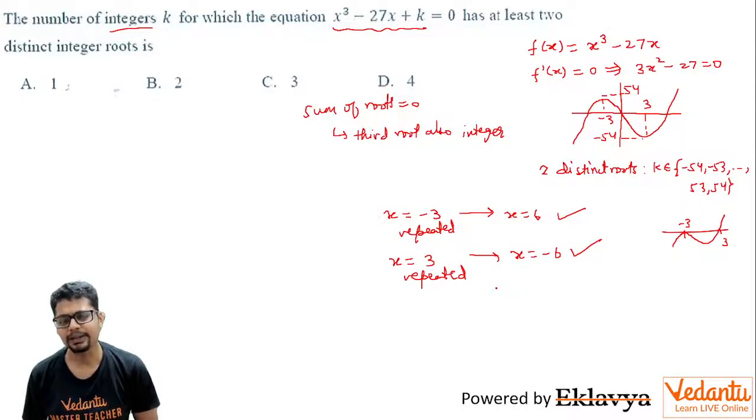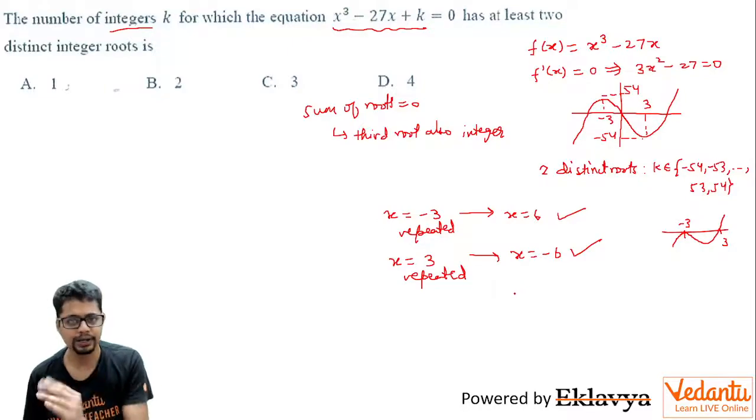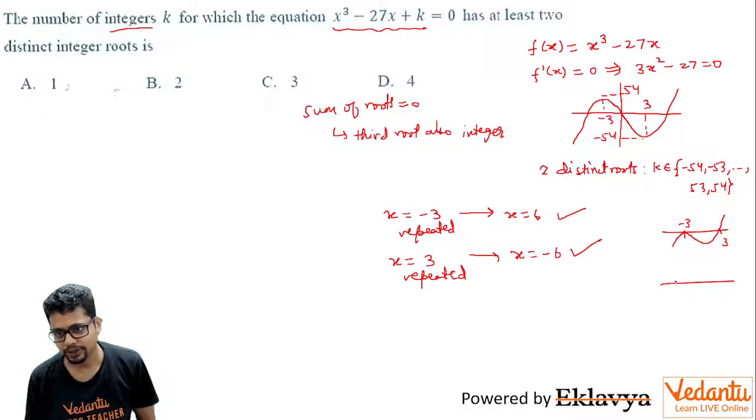And by symmetry, if you check for x equal to minus 2 and x equal to minus 1, it is similar to checking x equal to 1 and x equal to 2. I hope you are able to see it, or you may check it anyway, because I will just be doing it for minus 2 and minus 1. If you are not convinced about the symmetry, you can try on your own for 1 and 2,